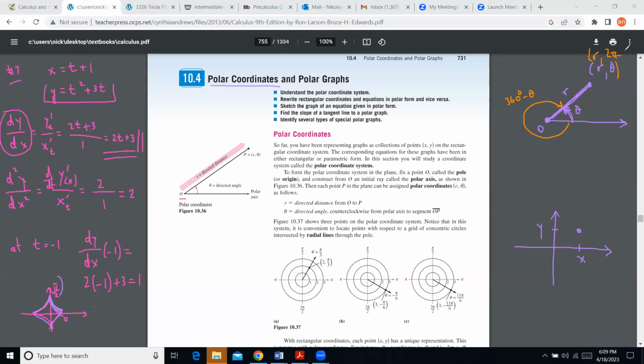And you get exact same point, but it's a different description. In fact, you can get even less obvious description. You can go by the angle theta, but